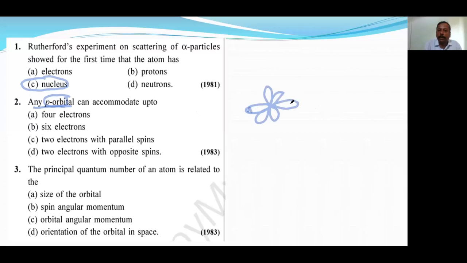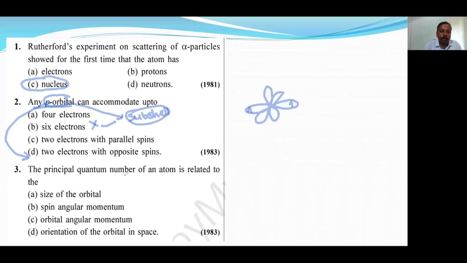So p orbital can accommodate only 2 electrons, not 6 electrons. Everybody tried and answered the 6 electrons. If the question is about the p subshell, then the answer will be 6 electrons. But in this question, you are not given the p subshell. So let it be p orbital, any orbital, 2 electrons with anti-parallel spin. Okay. Then